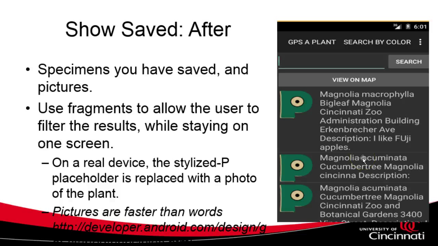We're not going to multiple screens, and that's a big theme. We want to do as much as we can on one screen in a nice way without cluttering the screen, but we want to do as much as we can on one screen without constantly jumping screen to screen. So if I only want to see magnolia, I can type in magnolia and hit search. Then we'll see the magnolia, we'll see the picture. Also,